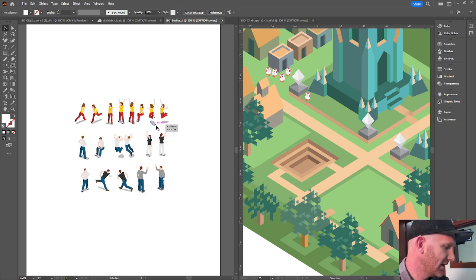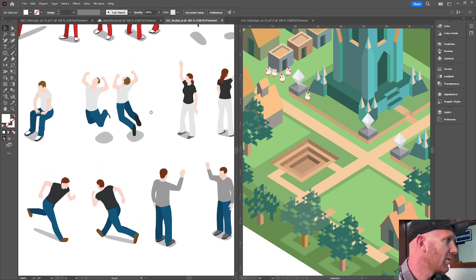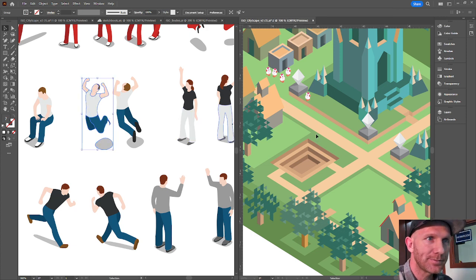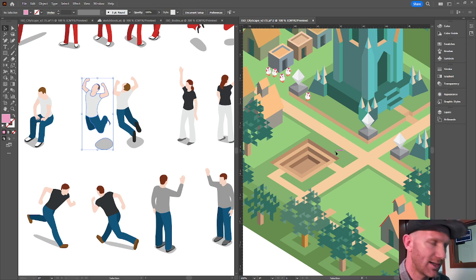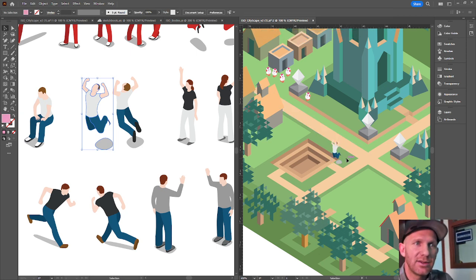So off to the left here, you can see I've got my split screen. I've got a bunch of different figures. Maybe I'm going to grab this guy right here and I'll go Control C. So I got this guy that's jumping. Then I'll come into my cityscape right here and I'll go Control V. So you can just download this file with all these different figures, copy from it, and then paste it into